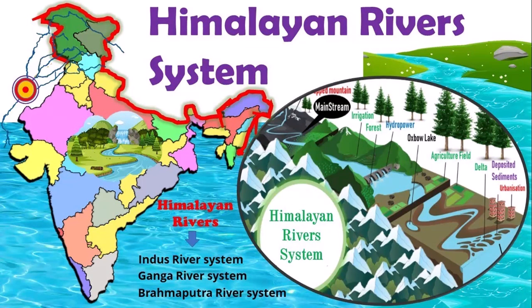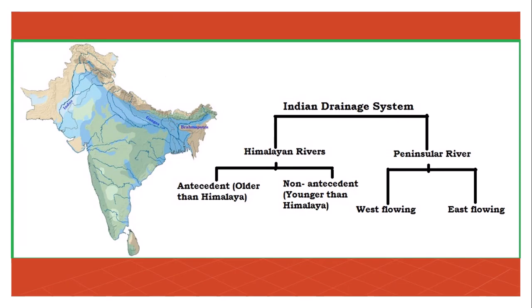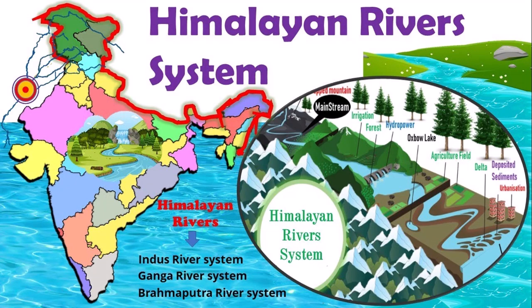So, it's been said a drainage system is an integrated system of tributaries and a trunk stream which collects and drains surface water into the sea, lake, or some other water body. So, the drainage pattern of an area is a result of the geological structure of the respective areas. And also, we know the river system provides irrigation, drinking water, navigation, power, as well as grants livelihoods for a